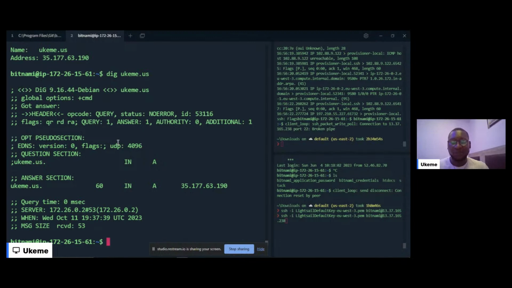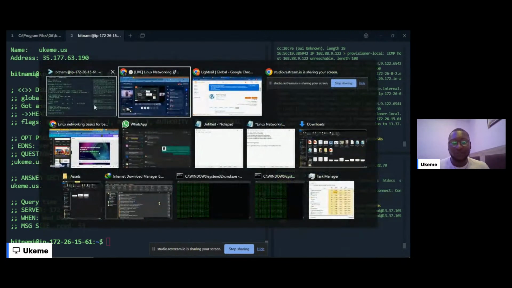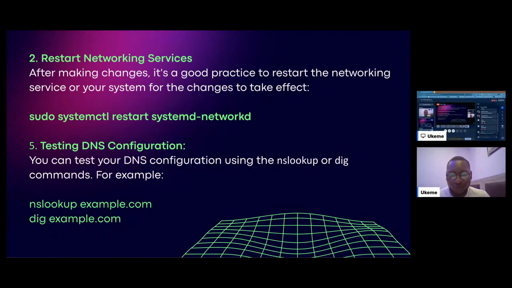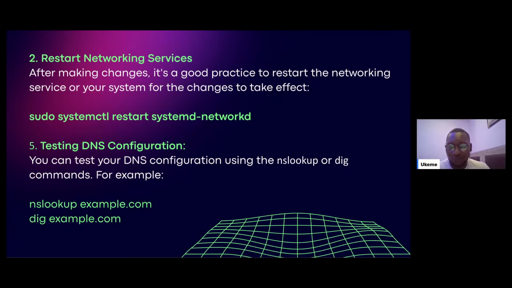Those two commands are what we use. So let me go back to the presentation. Yes, so that's what we did here. We restarted the network, we used this command to restart, and then we tested it using dig and nslookup.